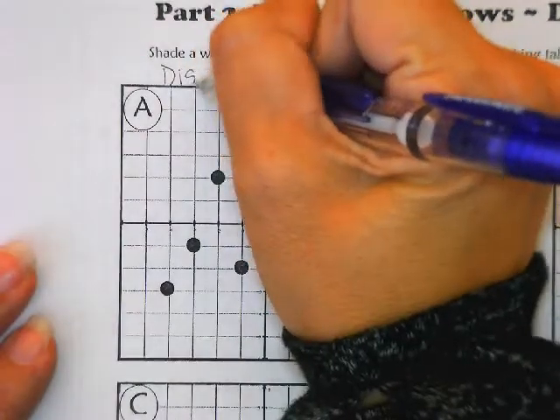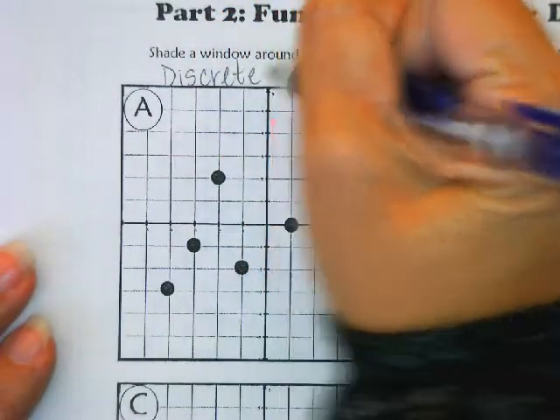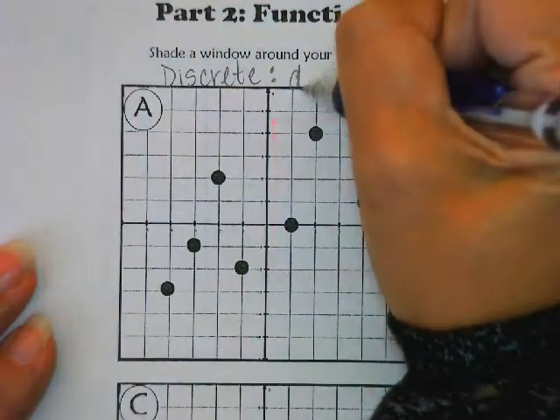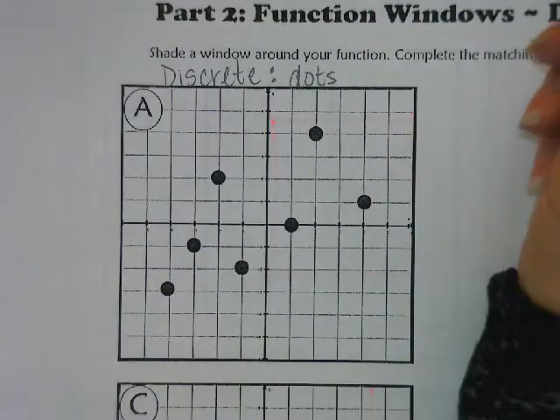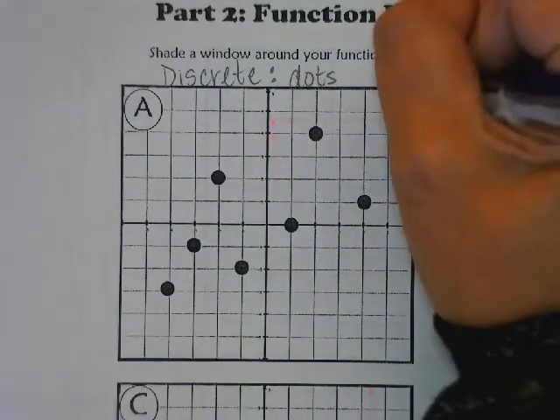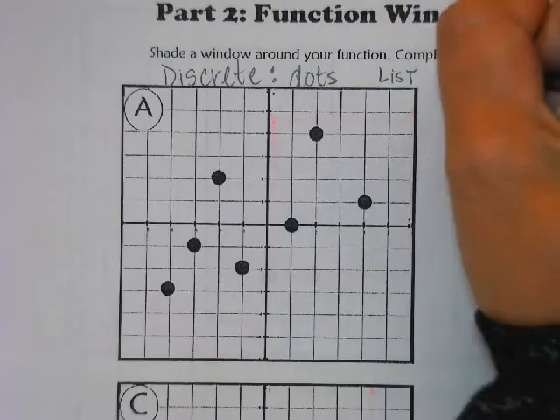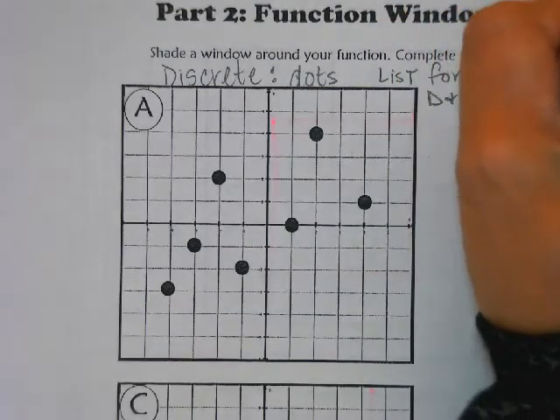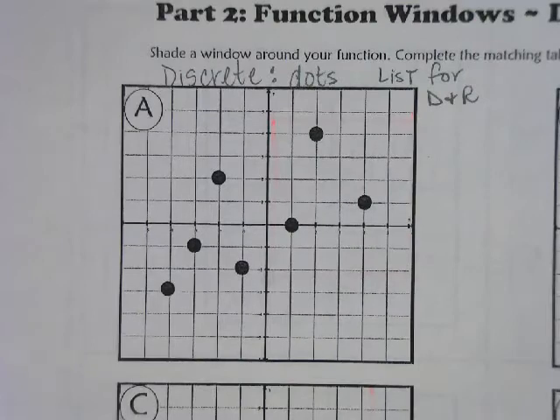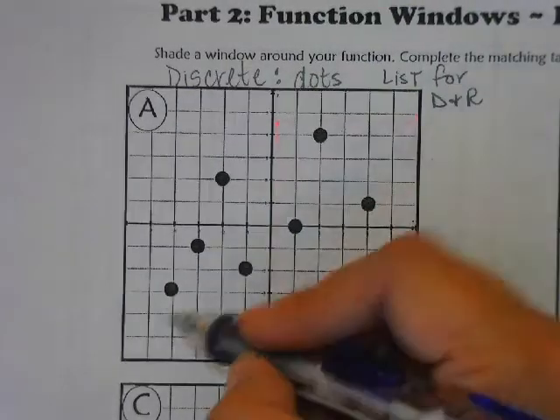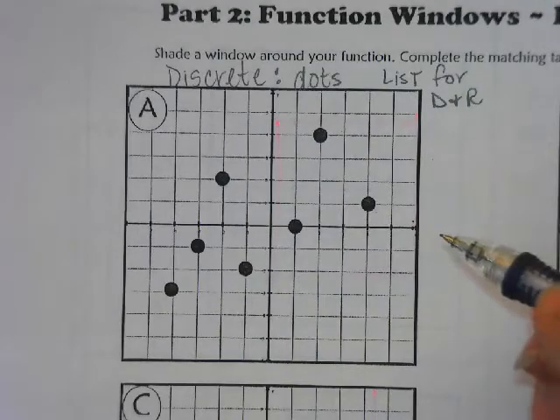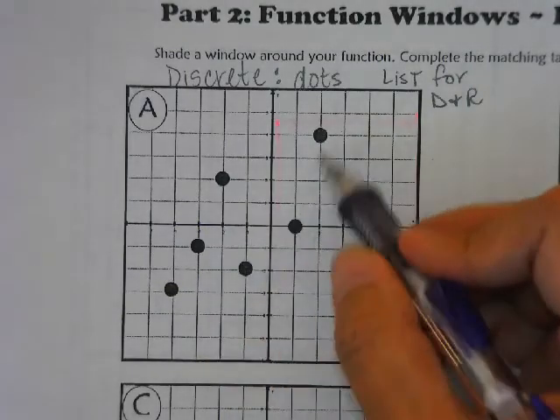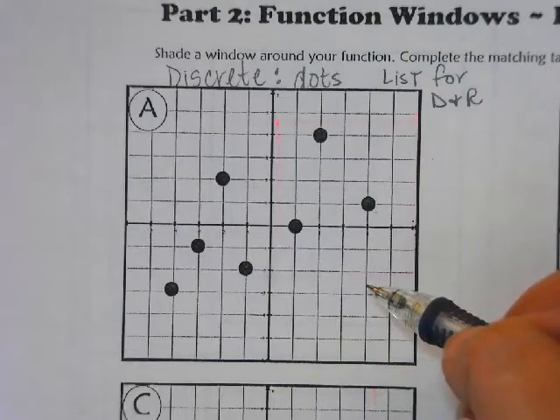Someone said it. Good. Discrete. When it is only dots, it is what we call discrete data. And that means we will use a list for domain and range. So because this is not continuous, we cannot use inequalities. It is only specific points, therefore we will make a list